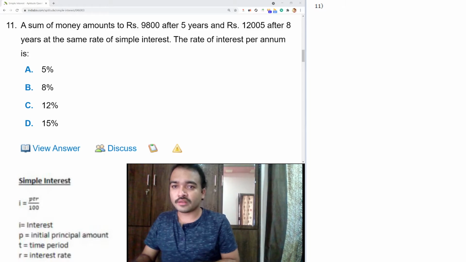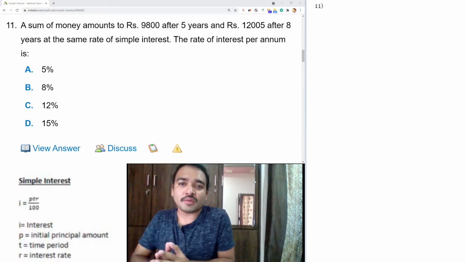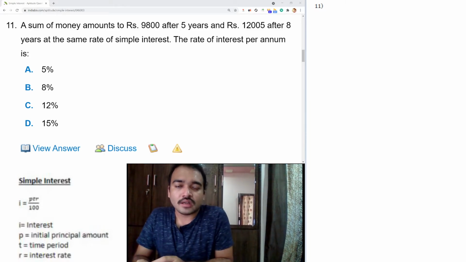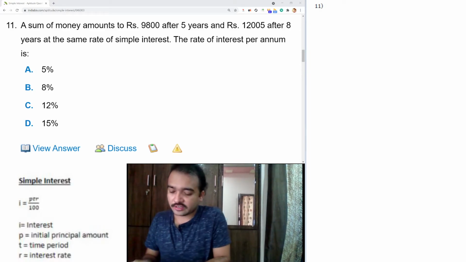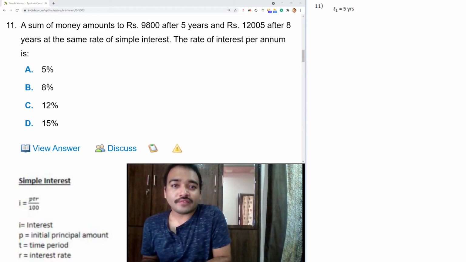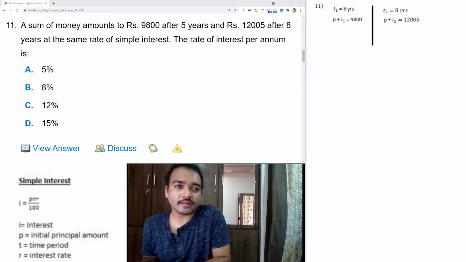Let's see problem number 11. A sum of money amounts to 9,800 after 5 years and 12,005 rupees after 8 years at the same rate of interest. After 5 years, the amount becomes 9,800. That means P plus interest I1 equals 9,800. After 8 years, P plus I2 equals 12,005 rupees at the same rate of simple interest. Let us assume the rate of simple interest is R,